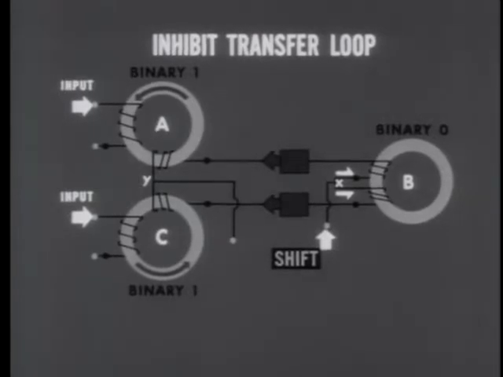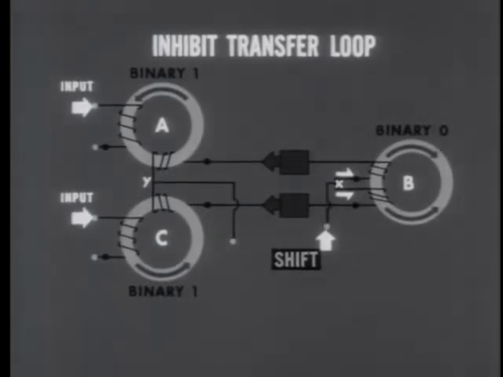At core B, the equal branch currents set up equal but opposing fluxes, which cancel each other out, and leave the core at binary 0. At core A and at core C, they come in as dot pulses and switch the cores to 0. The two branches join at point Y and flow out of the circuit. Thus, the shift pulse cleared cores A and C, but it was unable to transfer the 1 from A to